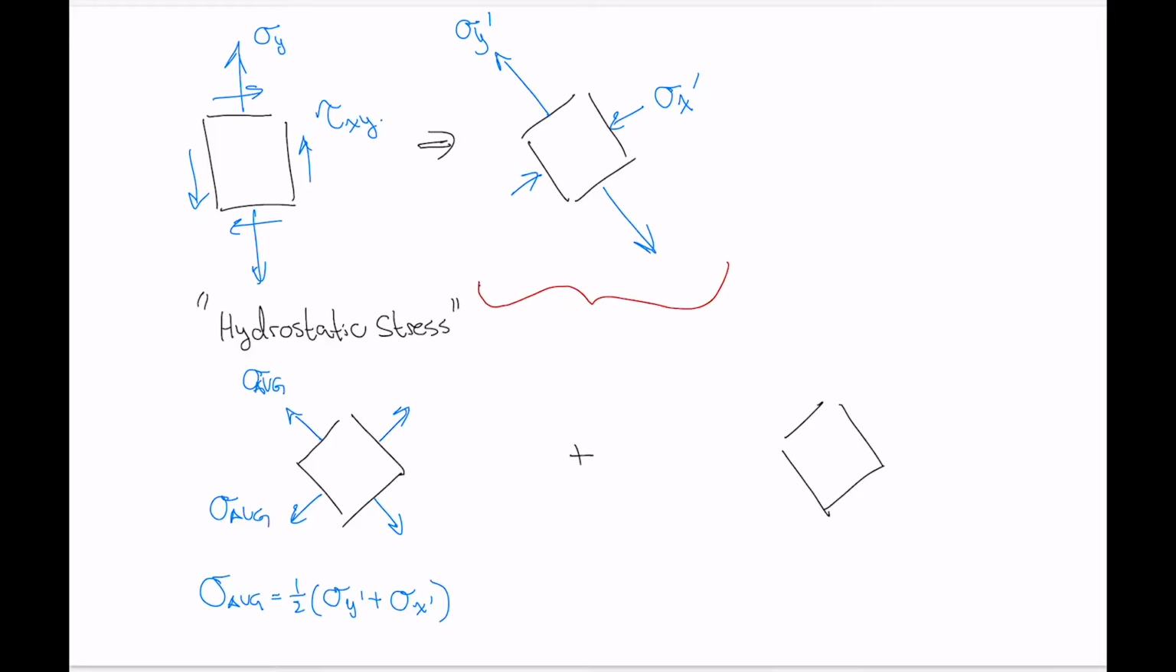Why is it called the hydrostatic component of stress? Well, of course, because the stress is the same in both directions, just like hydrostatic pressure being the same in all directions. Hydrostatic stress is the same in all the directions. So if that's the average stress and we want to add another stress state onto that to get back to